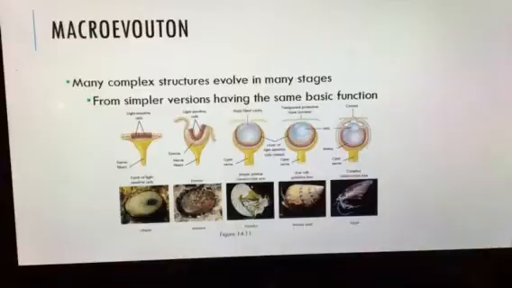And so let's talk about macroevolution. Now, we've already discussed this topic a little bit earlier, but we're going to bring it back. With macroevolution, we're talking about a large chunk of geologic time. It's one of the main topics of how species were able to arise. We have many complex structures that evolve in many different stages. It wasn't just a boom, oh yeah, multicellularity. That didn't happen overnight. And so they know that with macroevolution we have this thing called speciation occurring. It's a process where new species are able to evolve.